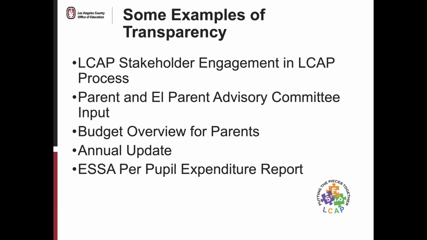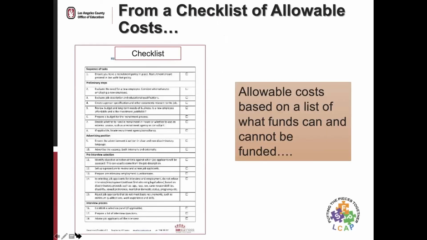All right. So we've moved from, and what you see on this slide is how we determine allowable costs has shifted. We've shifted to plan-based budgeting, so away from a checklist. What can you buy? What can't you buy? We still get questions from LEAs and from schools. Where's the list? What can I buy? What can I pay for? And under